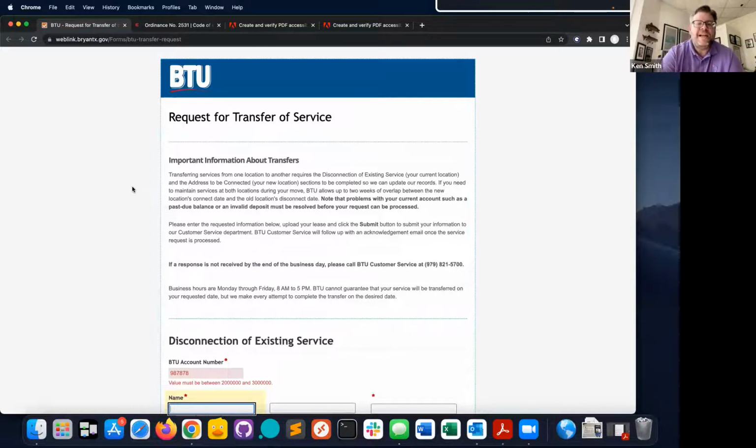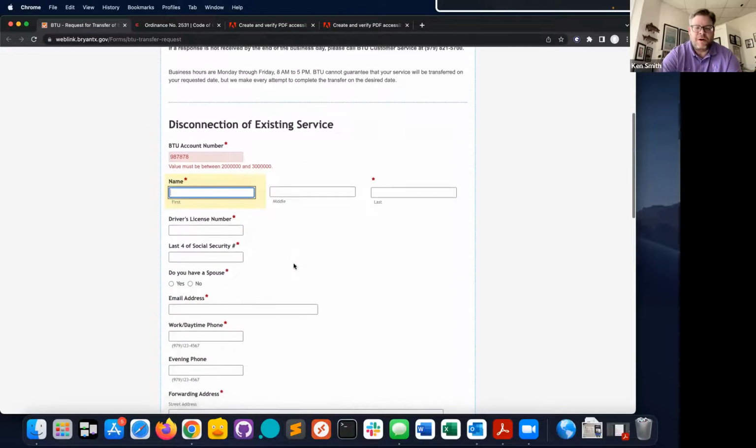So that's an example of why I really wish and hope that everyone can make the move to more online forms for almost everything. I know PDFs are not going away, but this is just a much better